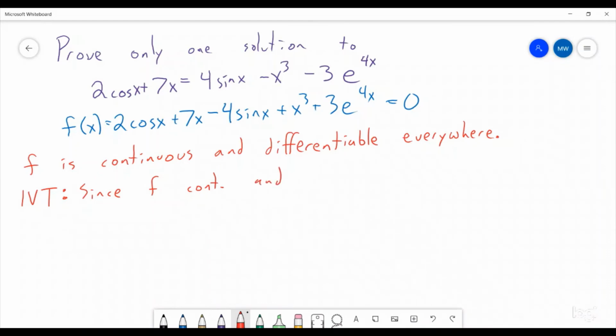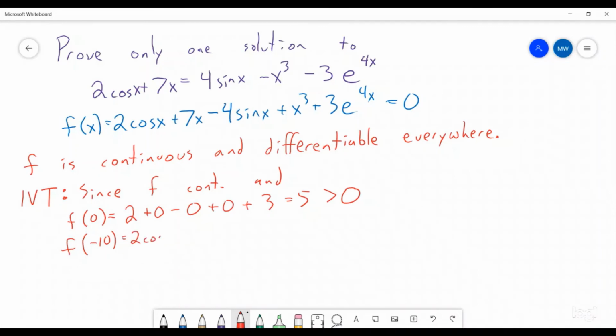and let's look at some points. f of 0 equals 2 times cosine of 0, that's a 2, plus 0 minus 0 plus 0 plus 3 equals 5, which is bigger than 0. So there we go. We have something that's bigger than 0. And let's plug in some really small number. So f of negative 10